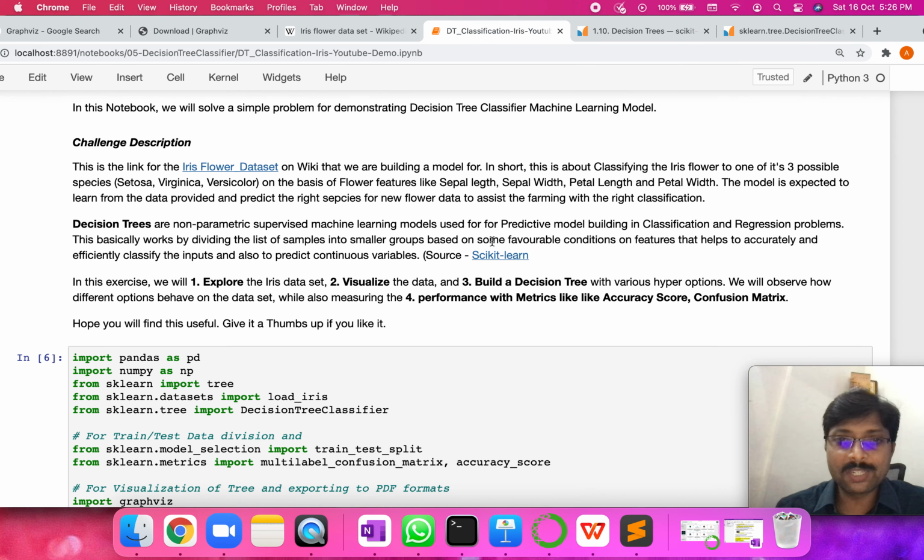In this video, we will import the dataset and explore it from different perspectives. We will visualize how the data is spread, just to get a feel of what the different classes are and how they are spread with respect to the input parameters. Then we will build the decision tree, which the algorithm will learn on the input data, and then we will evaluate the model performance: how the model has been doing, what the accuracy score is, and some other metrics that we can look at. We'll also explore various possible parameters and options for the decision tree classifier algorithm. So without any further delay, let's get started.